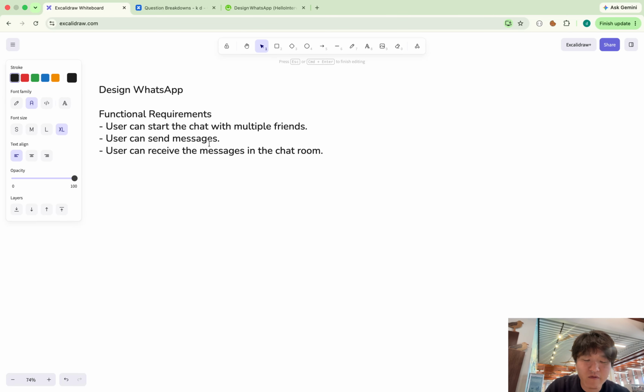And when I think of the chatting app, something I have to think of is real-timeness. So obviously users should be able to receive the messages in real time, less than 1 second. Yeah, but what if the user is not online? In that case, the user should be able to fetch the past messages while he was offline. So I will add it to the functional requirement too.